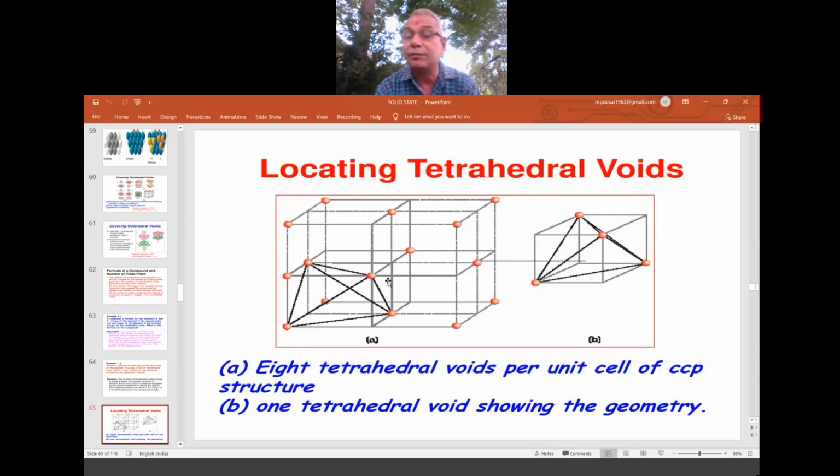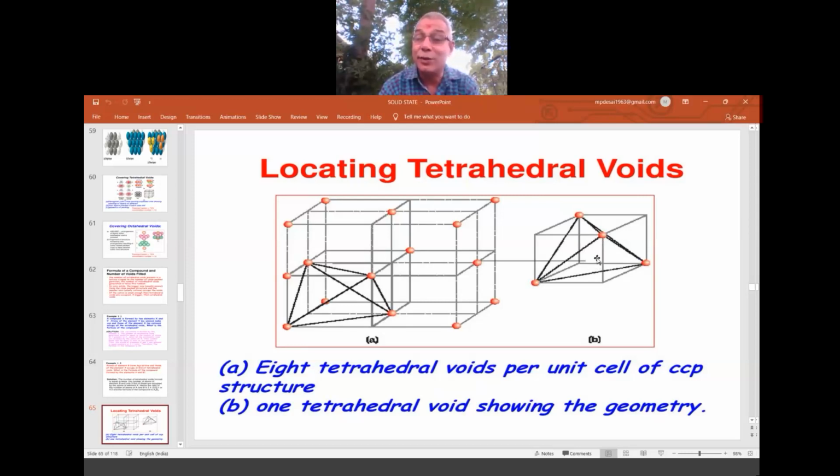So in the FCC packing, take out one unit cell. Now if you join this point, this point and this point, what are these points? These are opposite points of the front face, and these two are of the face at the back. Imagine the teapot once again. So by joining all these, you are making use of 4 spheres: 3 spheres here, 1 sphere here. The fourth will exactly sit on these 3 only. So that is how the tetrahedral void is created.